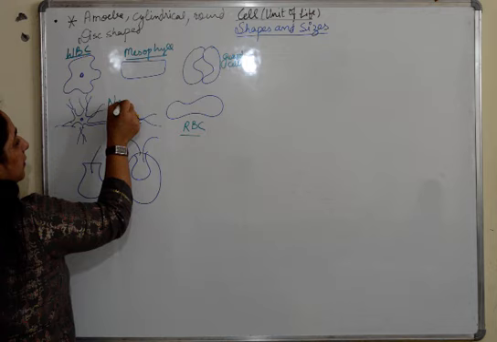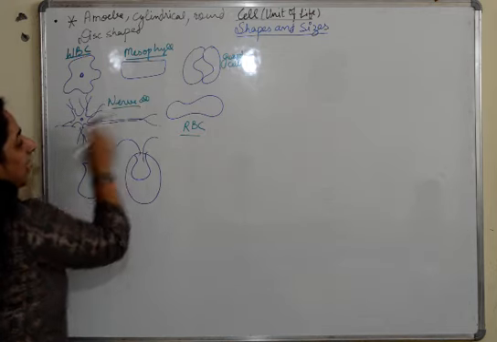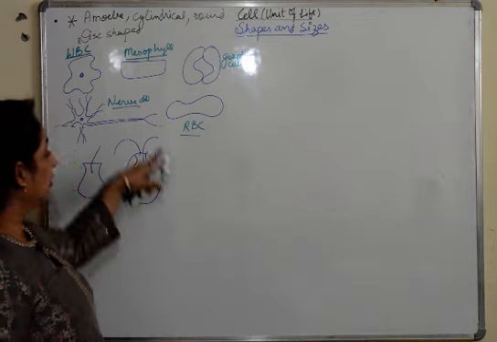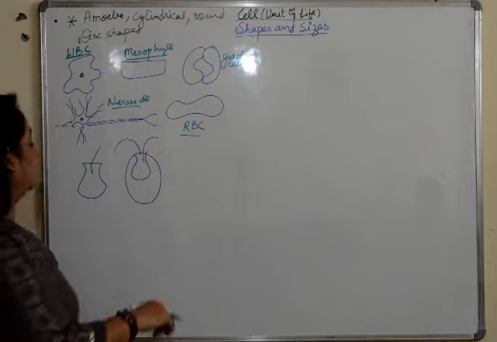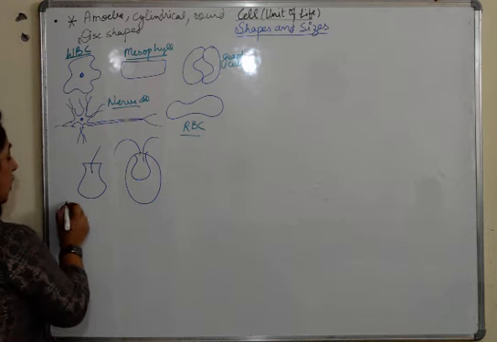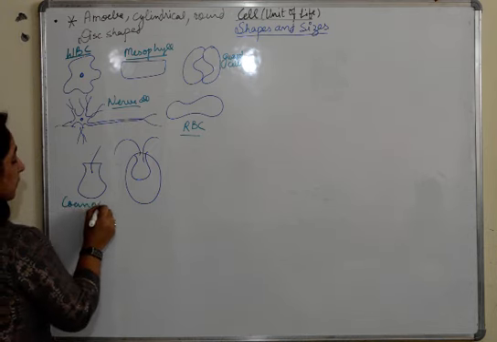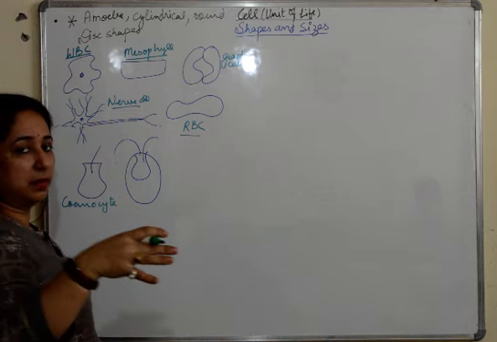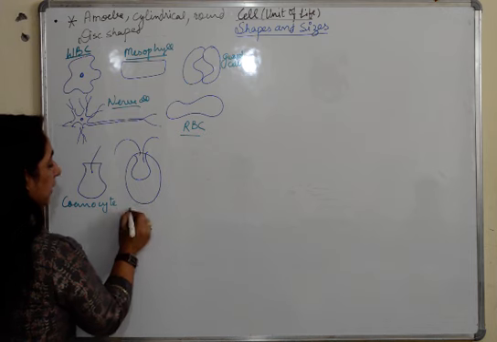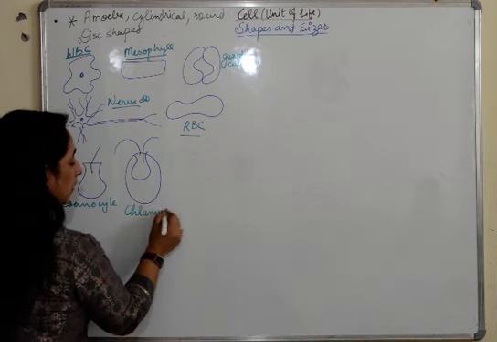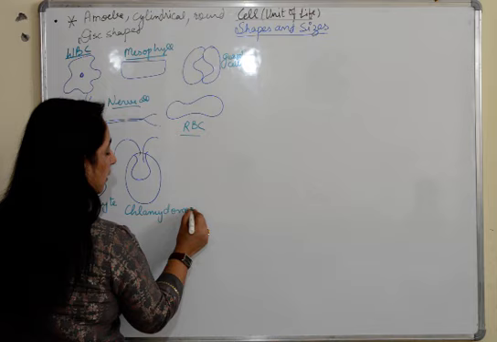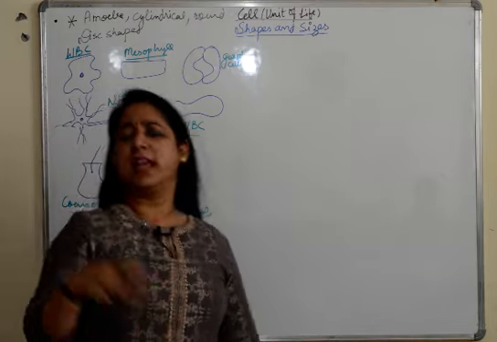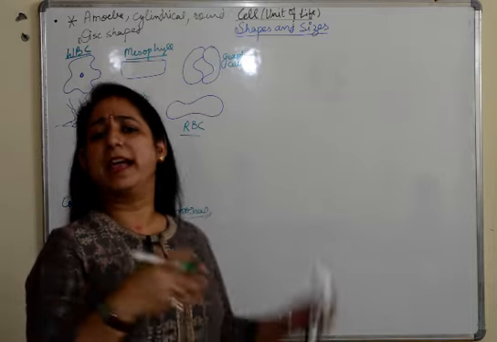This of course is a nerve cell. Why this type of shape? Because it forms a chain so that it can easily conduct the messages. So we can relate the shape to the function. This is a choanocyte, a collar shaped structure, stinging cells help the organism. This is chlamydomonas. Fine. So there are multiple shapes of the cells. In spite of this, there are multiple others which I have not even drawn.